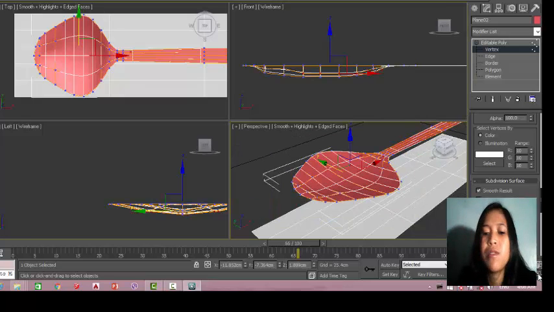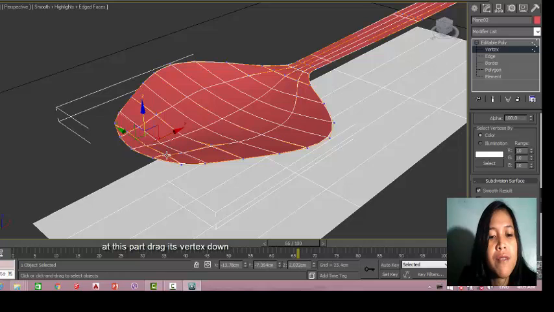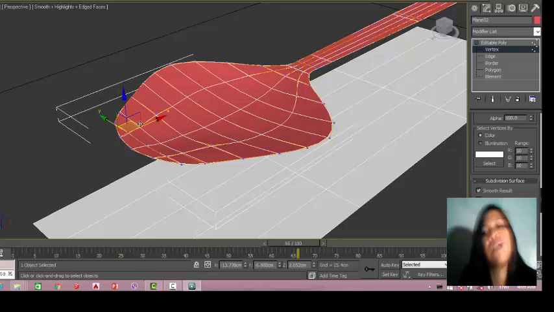Then I'll drag it down also, these vertices, this and this, in order to make it more realistic.